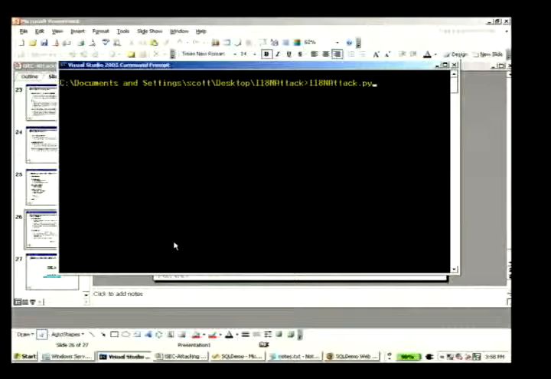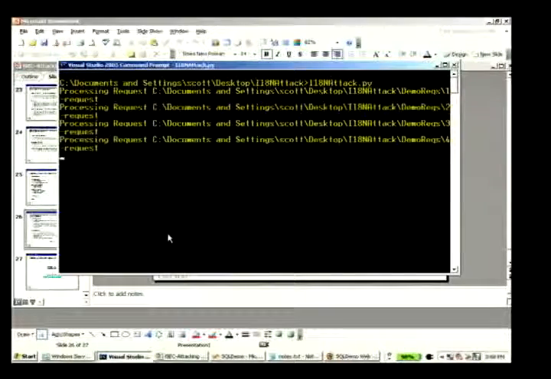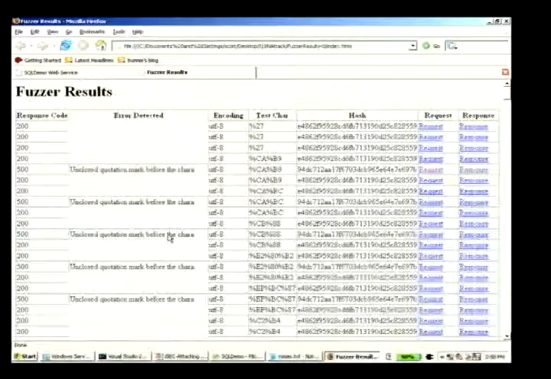of potentially nasty equivalent characters. Right now I have it set to try out apostrophe and quotation mark. So I run that, it processes my 4 requests, and it comes up with a little HTML output that describes what it found. So this was testing the system that we were looking at earlier, the one where if you typed